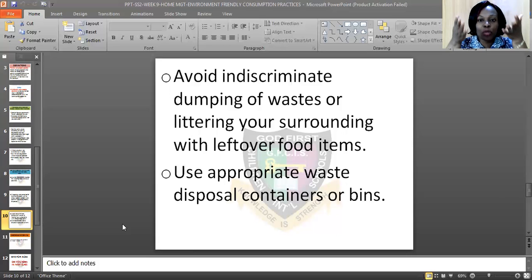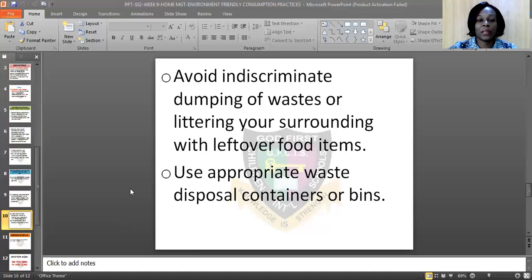If you are having a restaurant, you get a bigger waste disposal container. Do you understand? But if you are using it for your household, you get the one that is suitable for that household and you call it a waste bin. It will serve as only waste bin. Is that taken? And you make sure you always monitor and dispose the waste in it properly. Is that taken? I hope you are with me.